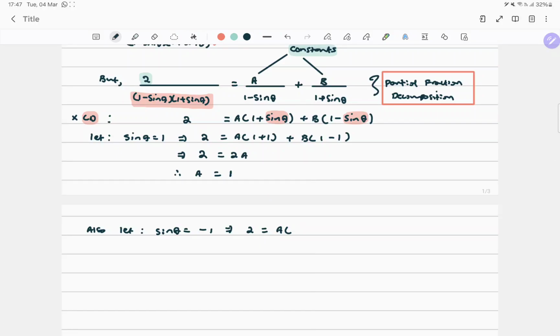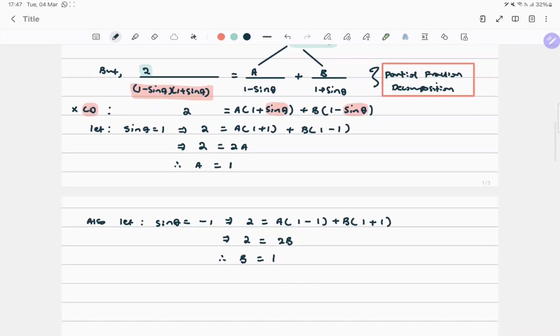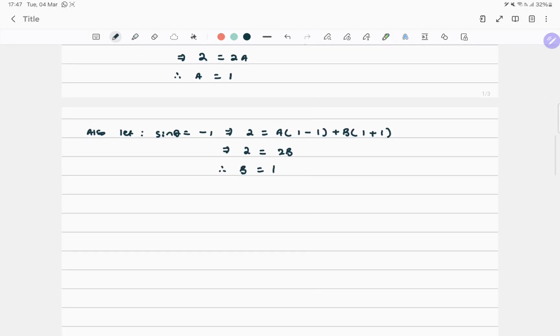Whether we write a as 1 or whatever, it doesn't really matter. But let's assume we didn't know what a is. So this is going to be 1 minus 1, plus b into 1 minus 1, which is going to be plus 1. So this implies that 2 is equal to, remember this goes to 0, so this is just going to be 2b. Therefore b is 1. Voila, that's it. So what do we say? We can say then